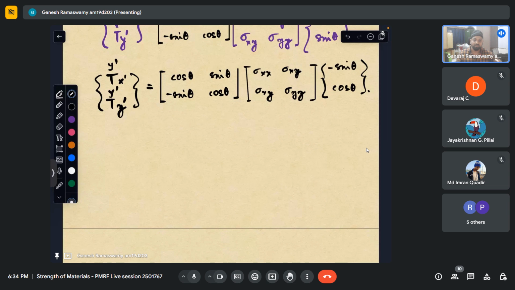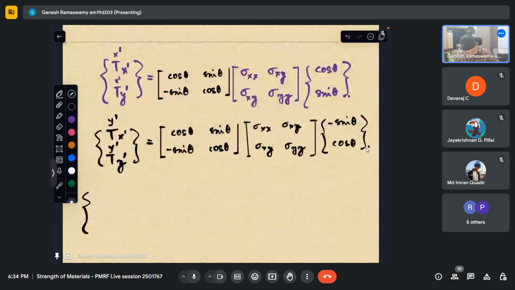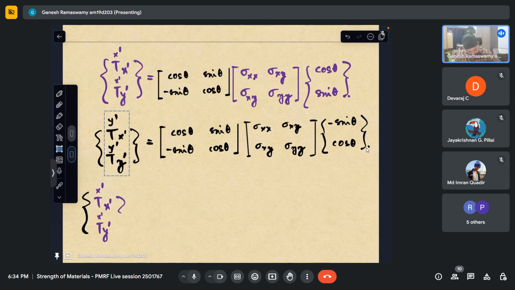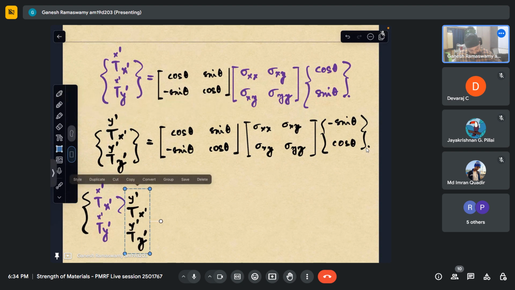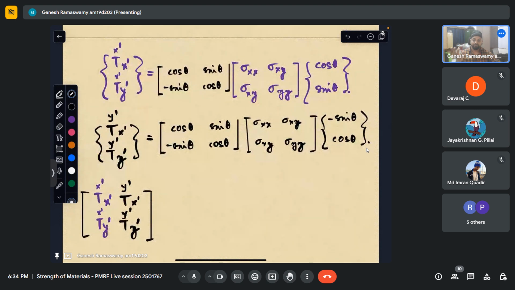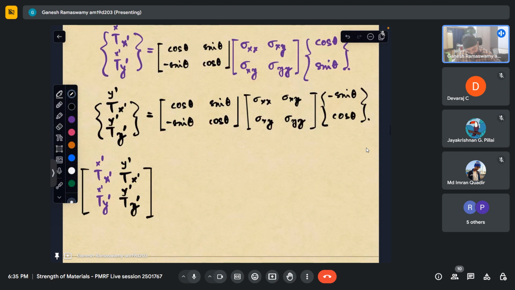So there is a convenient way to club all this into one matrix. What I'll do, I'll just put this here, and I will put this here. Second one, I'll put it here. Fine. And since we are reserving curly brackets for vectors, I'll put this like this. What I have done, I have just taken the left hand side of the first two equations and put it side by side. So this can be represented.